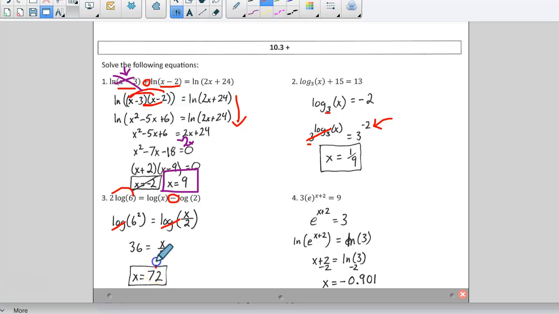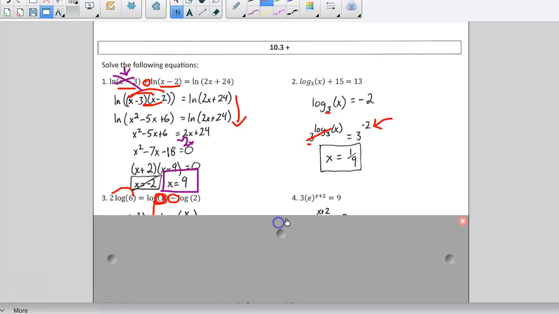Now if I take 72 and I plug it in for that x right there, obviously a positive number, I don't have to check anything else. It's good. Moving on to number 4, we got to get this e portion, that base, we need to get